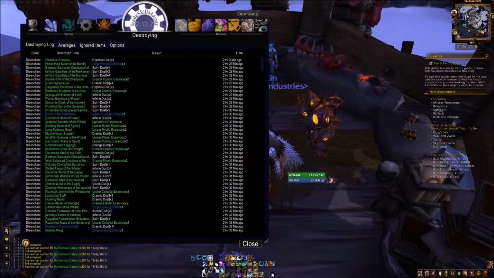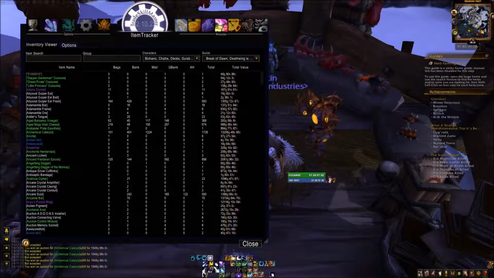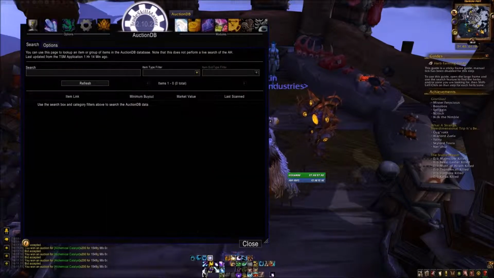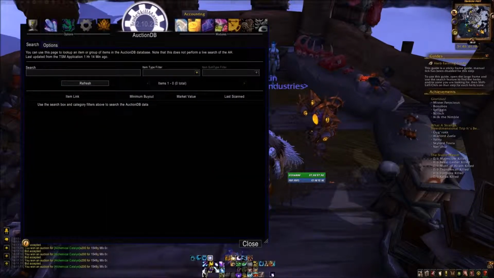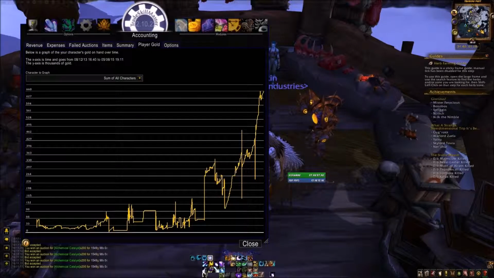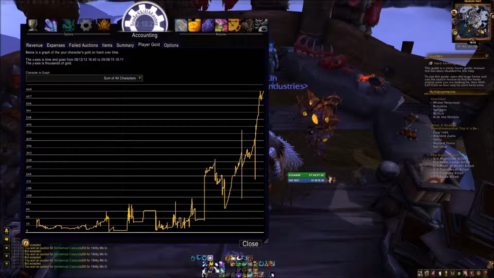It's not in there. I can never figure out what type it is. It's not in here. Where do I see my gold? Yeah, player gold. There we go. So I have about 6k, right under 7k. And I've gotten these bursts of gold, the big one